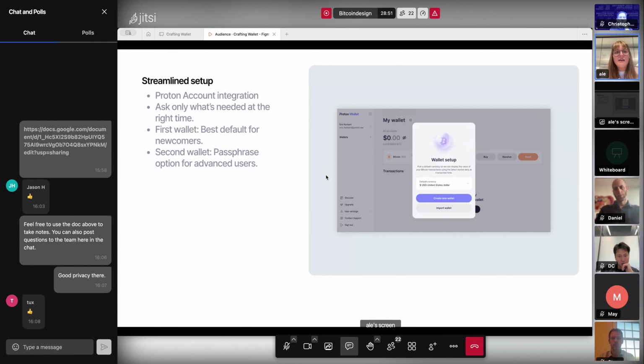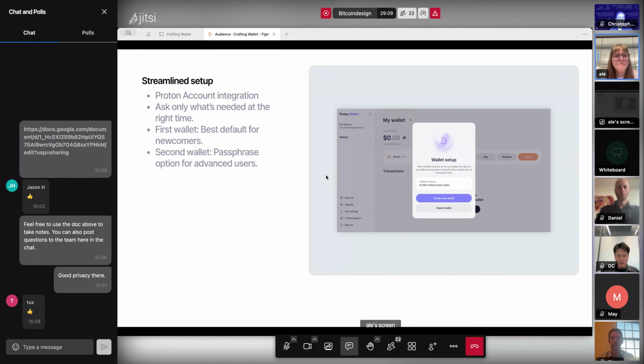And this allows us to do a lot of progressive disclosure. It means that we try to ask the user what we need at the right time and not ask too much.